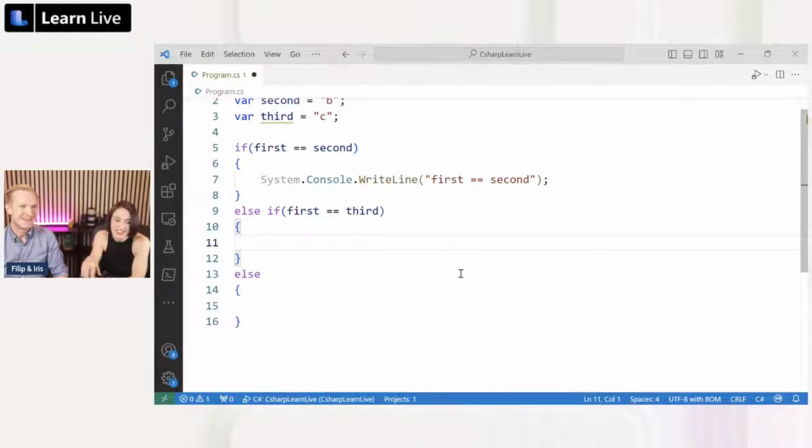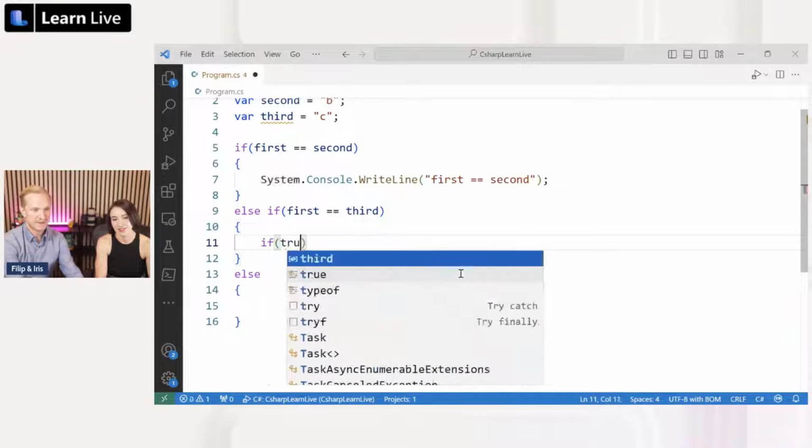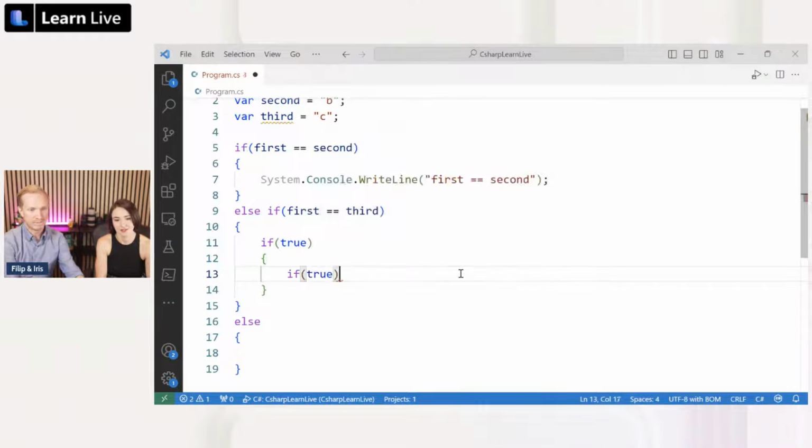Yes. There's actually an interesting challenge with that. If you find that you have a very long chain, what happens is that you might have code that ends up looking like this. I'm just going to write if true here now. If you end up having code that looks like this,